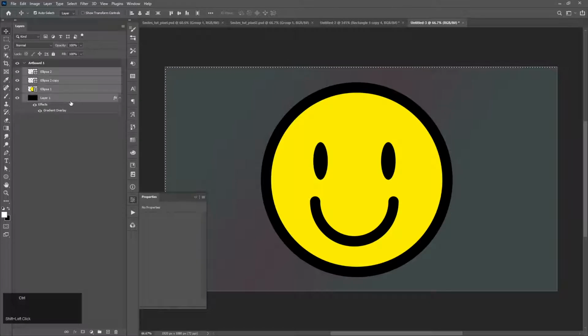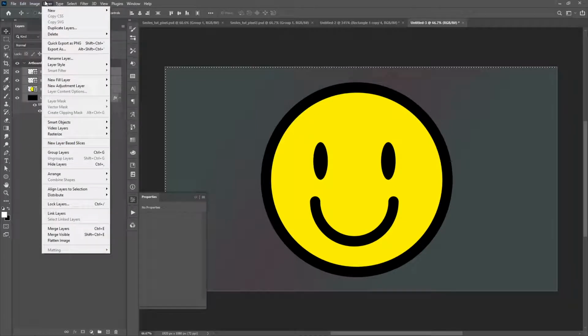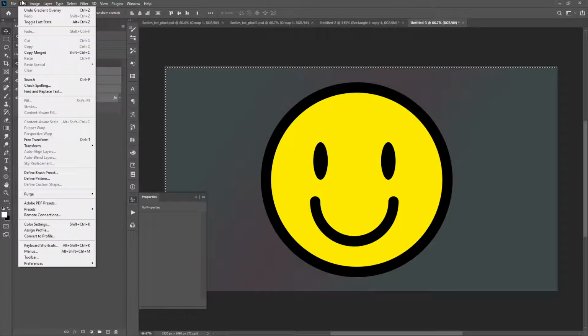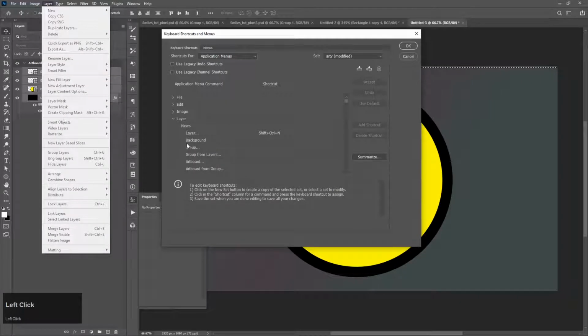Turn everything into a smart object. So I've got that set to a keybind, but you would need to go to Layers, Smart Object, Convert Smart Object. I would set that up as a keyboard shortcut. Keyboard shortcuts, go in here and inside layer, you basically follow where it is. Smart Object,